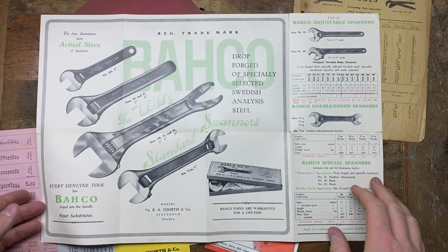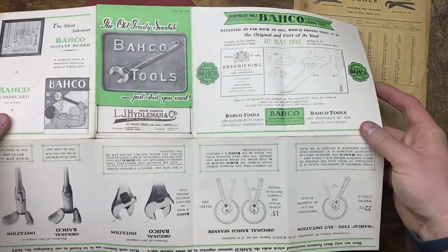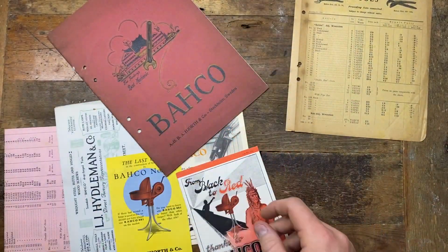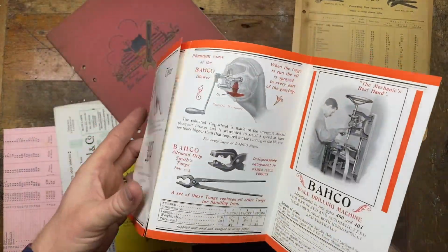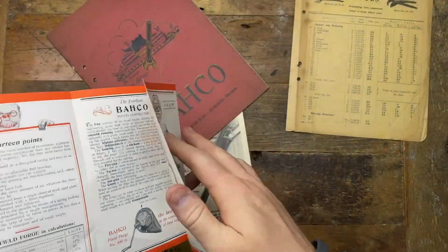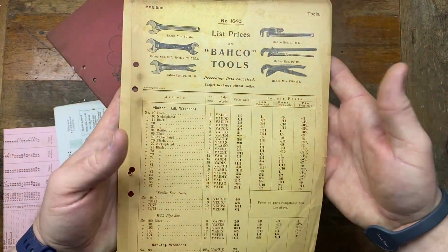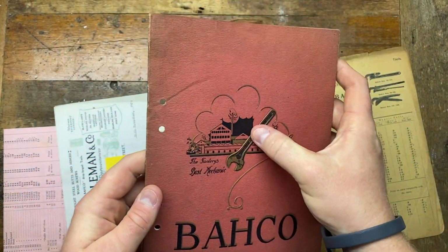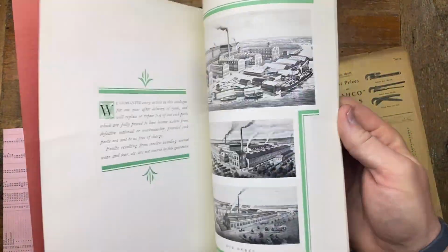Very nice early Bahco. This side as well, wonderful graphics. Just made wonderful tools, did Bahco. This is the fan and associated tools, pillar drill, another joy. And then we've got here a price list of early Bahco tools. Voila. And then here we've got a Bahco, very heavily embossed as well, really high quality embossed tool catalogue from the UK